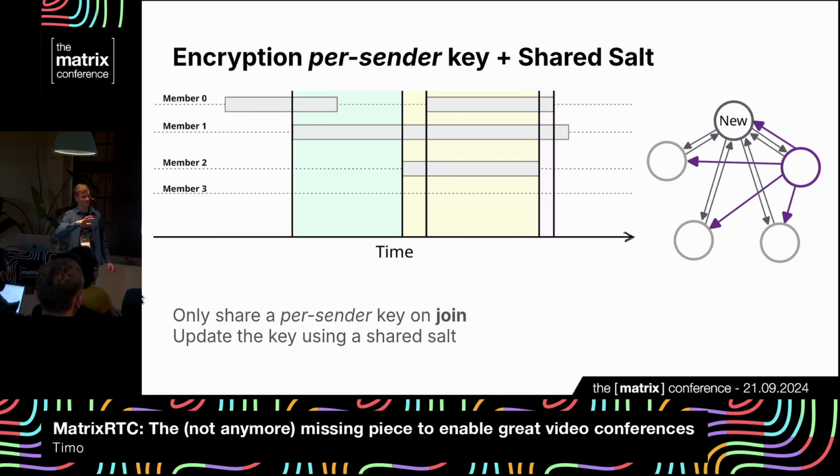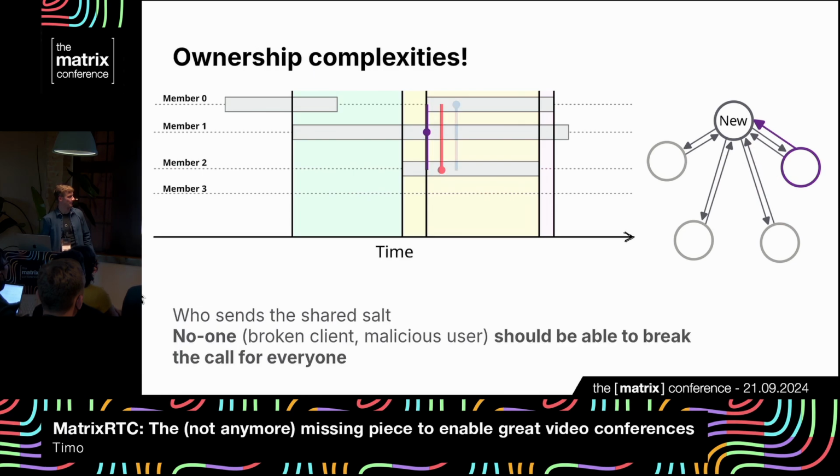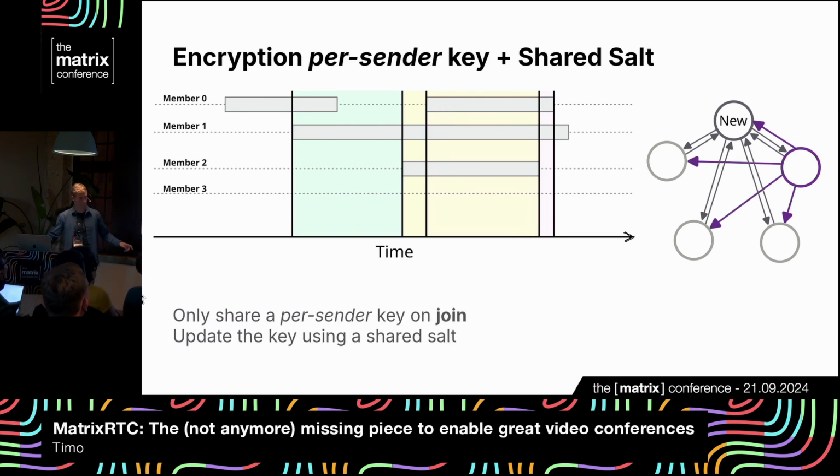And that reduces the traffic a little bit, because in full mesh, everybody had to generate a new key and send it to everyone. And here we only have one person generating a new key, sending it to everybody. Everybody else is replying with their key. And then we only have one salt for each change. Exactly. And the last option is that we could also say, for joins at least,